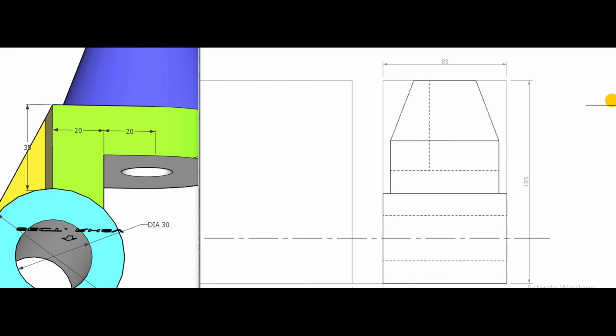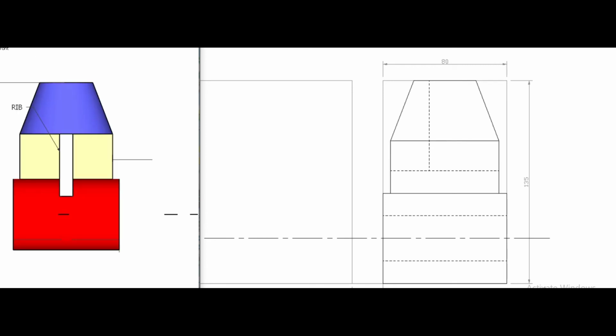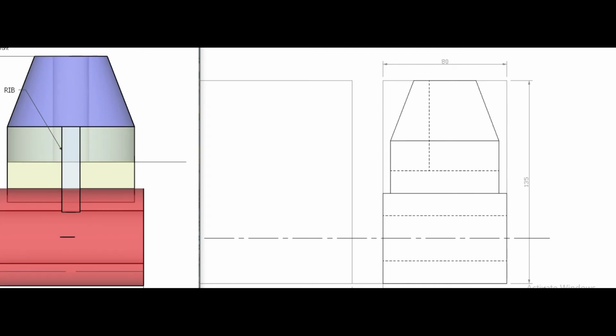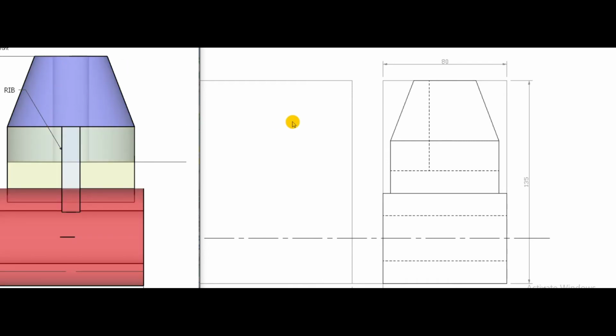Now to draw the hidden portion, this portion is visible up to here. So draw this another line. So the distance between these two is 20 mm, which will indicate the hidden portion for a vertically drilled hole. Draw the center line. We have to show the center line here.